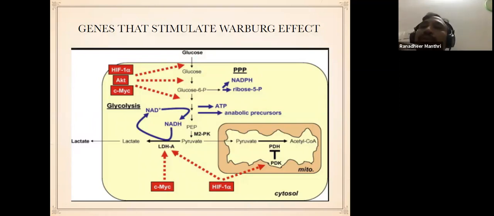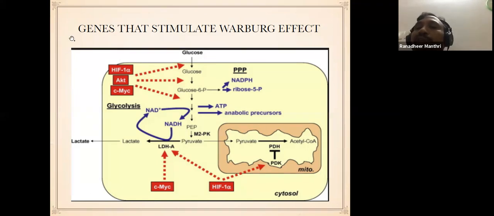You will know when you read your Pares. Glucose converts to glucose 6-phosphate by the enzyme hexokinase. HIF1 alpha, that is hypoxia inducible factor 1 alpha, or CMYC, stimulate glucose to be trapped inside the cell by overexpression of insulin independent glucose transporters, and CMYC also stimulates glucose 6-phosphate into glycolysis. And for pyruvate to convert to acetyl-CoA it needs the enzyme pyruvate dehydrogenase, which is regulated by pyruvate dehydrogenase kinase. HIF1 alpha stimulates pyruvate dehydrogenase kinase.